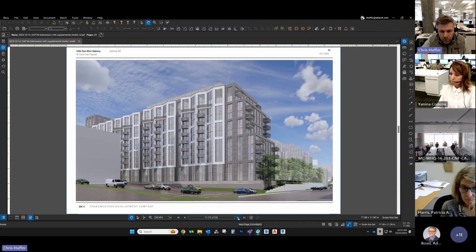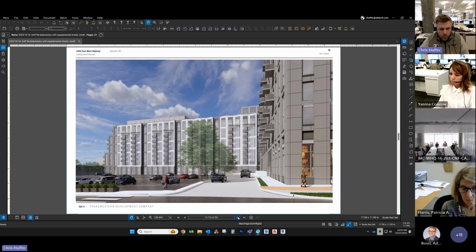A view from the north edge, looking at the step backs and seeing how these changes correspond and talk to the step backs on the north side. And then again, this is from Pearl Street, looking down our service alley at that facade overlooking the church's parking lot. So one thing I didn't mention is with these larger balconies at that 9th floor datum, we've made